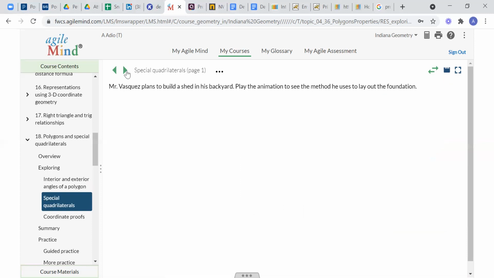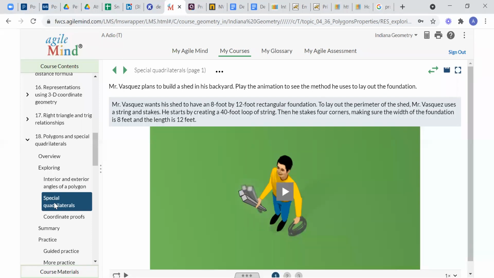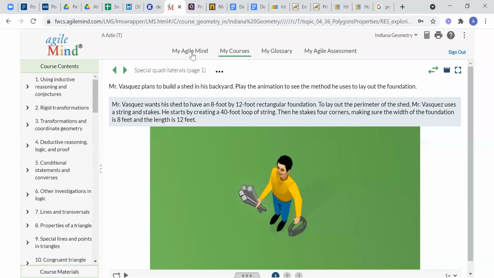So we're going to stop here. Next time we're going to continue from special quadrilaterals and then view some other things here. So for today, I think that